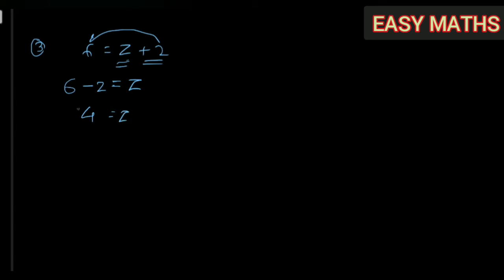It is 6 is equal to z plus 2. 6 equal to z plus 2. So let's solve this question. We have to find the value of z. So I am going to take this 2 to the other side. z will remain as it is, 6 will remain as it is. The sign of 2 will change. It was adding here, so it will go to the other side and it will get subtracted. So we get the answer as z equal to 4.